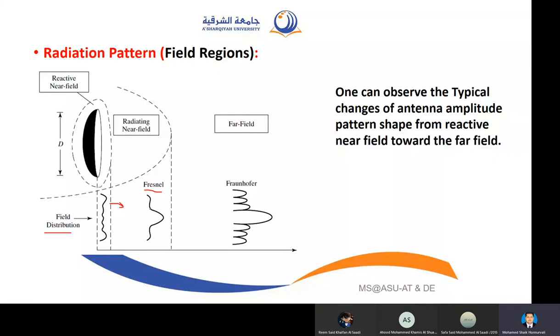That is, you can see this is the major lobe, and there are side lobes, that is, minor lobes and everything. But once it crosses to the far field region, the Fraunhofer region, everything will be clear. All the side lobes, major lobes, back lobes, everything will be much clearer in the far field region. Okay.